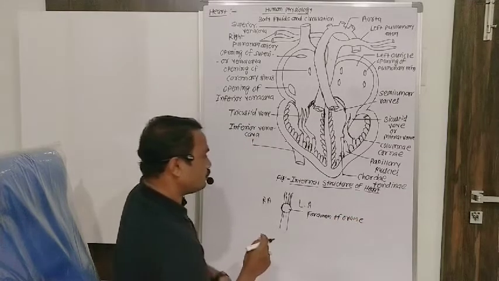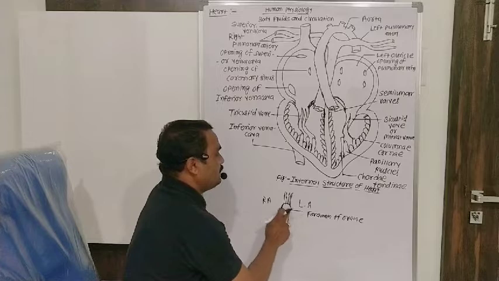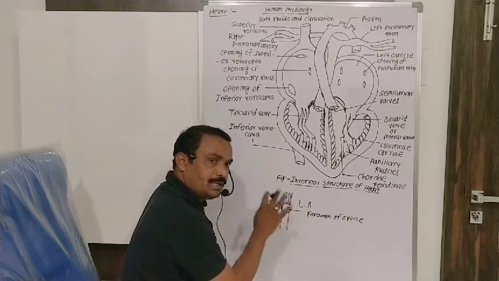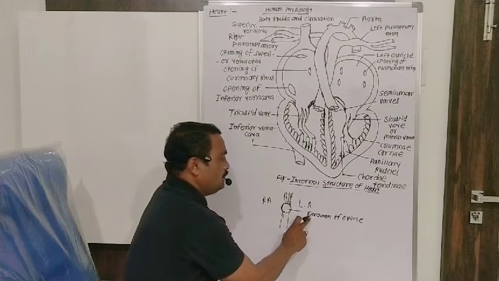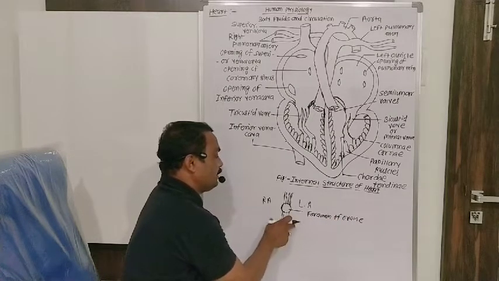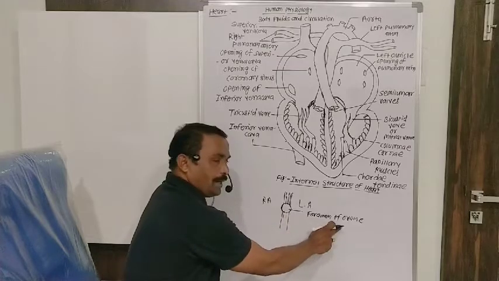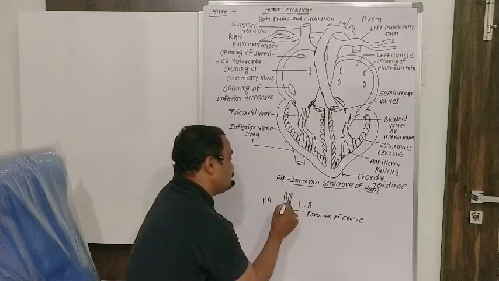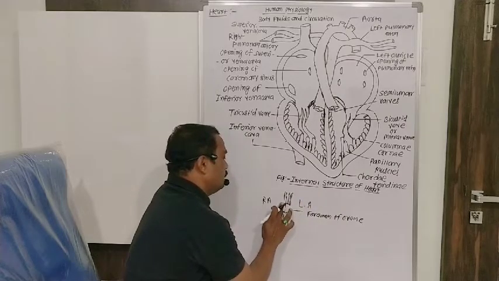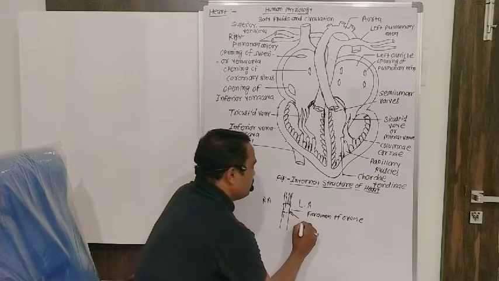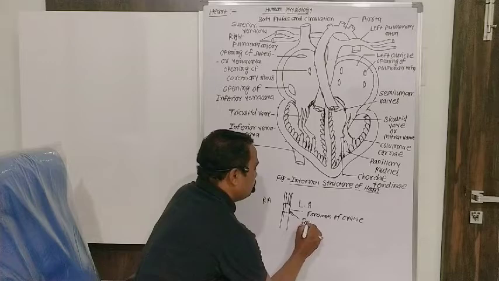Ovale. The foramen ovale is an opening present on the interauricular septum during the embryonic condition. Foramen means hole, ovale means oval shaped opening present on the interauricular septum. After childbirth, that foramen ovale gets closed and leaves a depression. The depression is called as